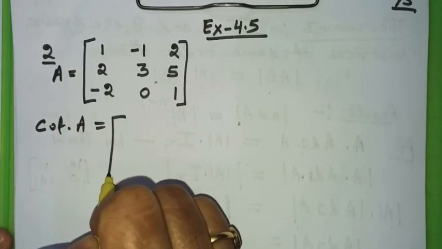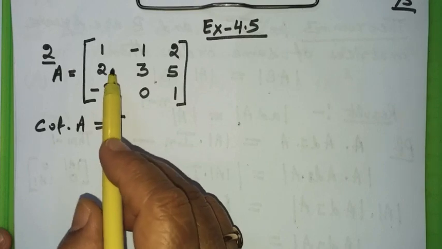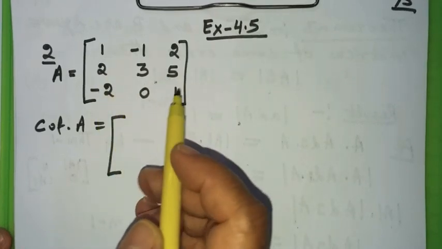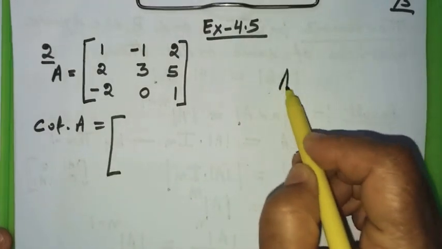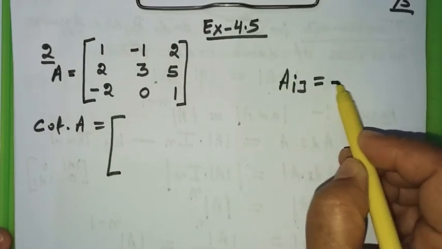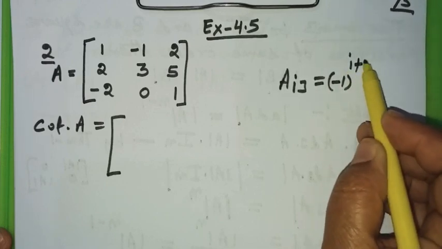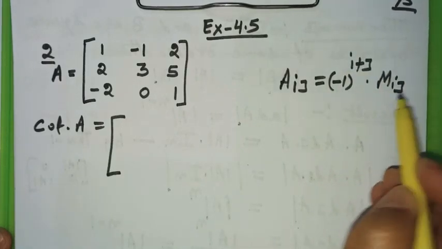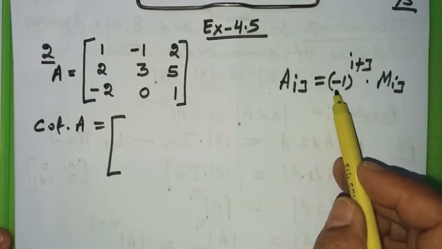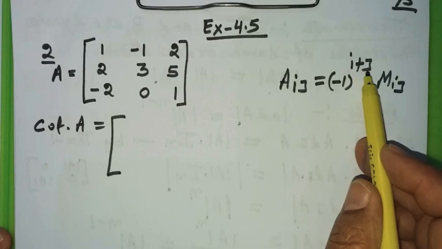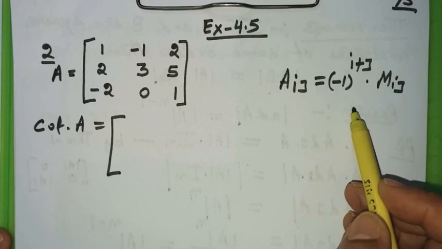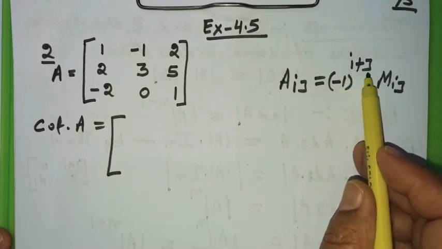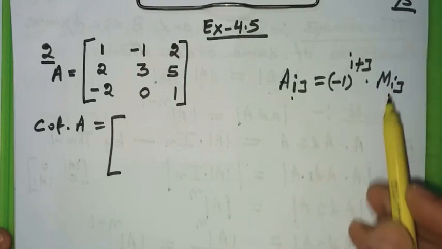So now students, first of all I would like to see which elements are at odd positions, because you know cofactor is nothing but we write the minus with minus 1 raised to the power. Let us recall: the cofactor of the element Aij is equal to (minus 1) raised to the power i plus j into Mij, where Mij is the minor of the element Aij. So minus 1 raised to the power i plus j means that whenever i plus j is an odd number, you change the sign of the minor to find the cofactor, and whenever i plus j is an even number, then minor and cofactor will be the same.